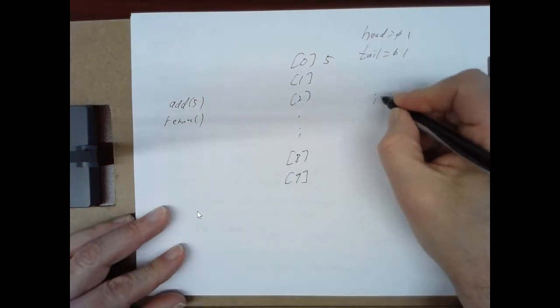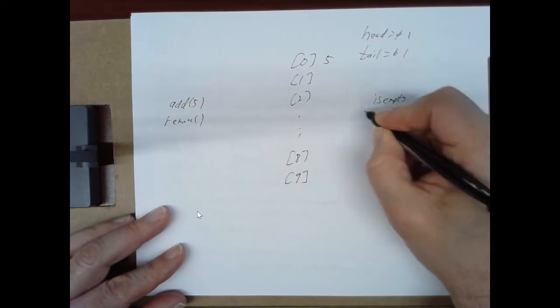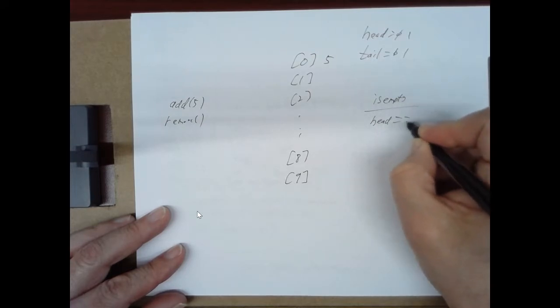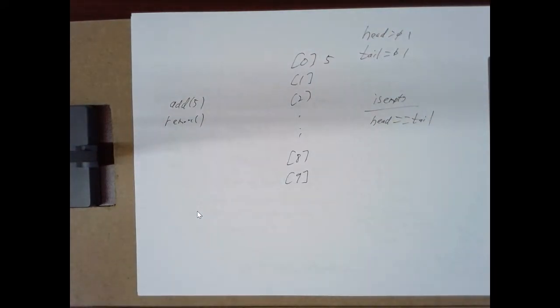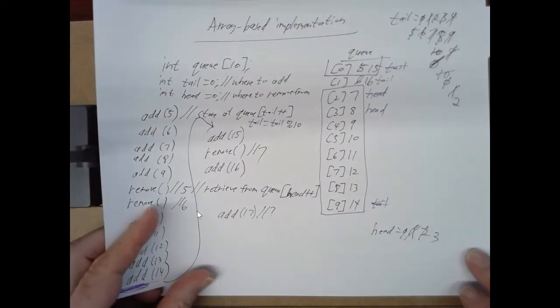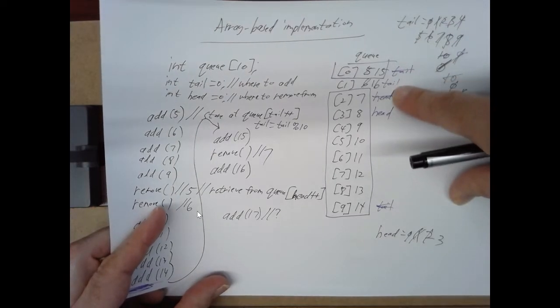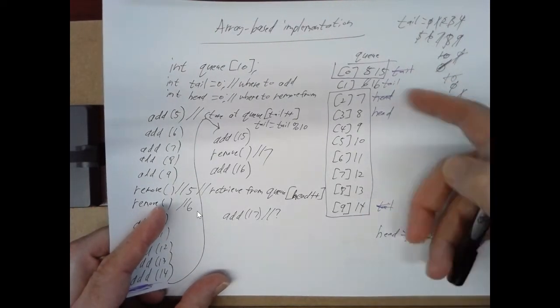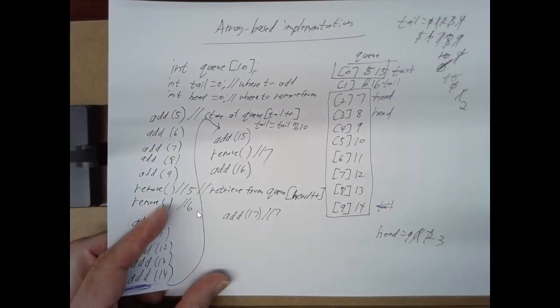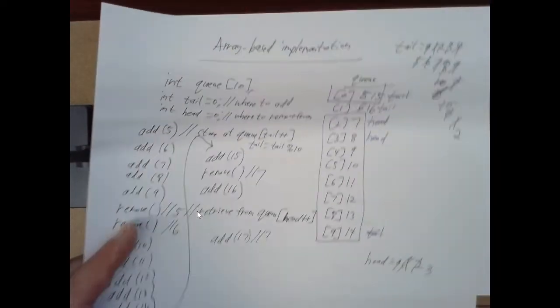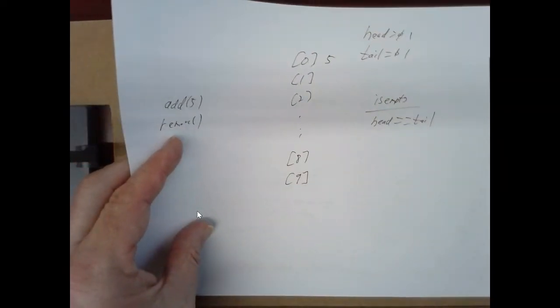So our is empty is just head equals tail. But because of that, we can't allow the tail and head to be equal to each other from inserting 10 things in this case. We can't insert something here and increment the tail to be 3, which is what the head is. Yeah, exactly. So is full